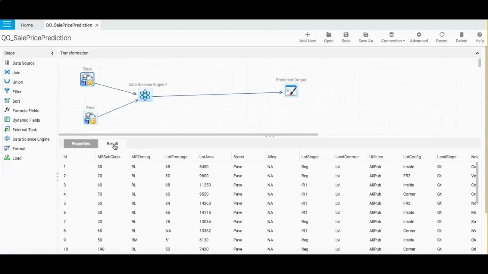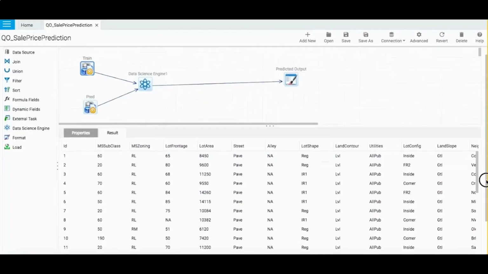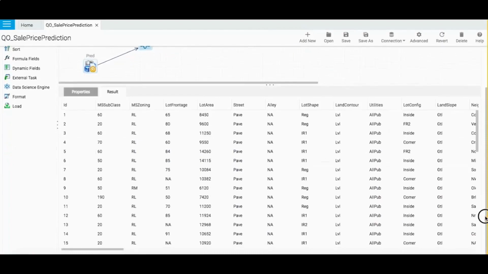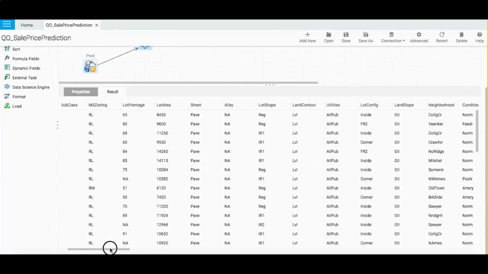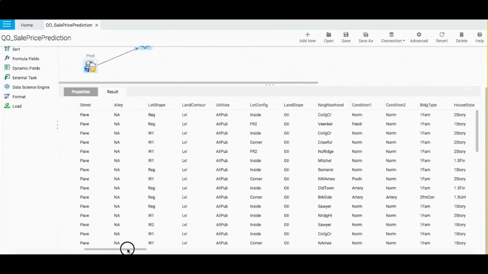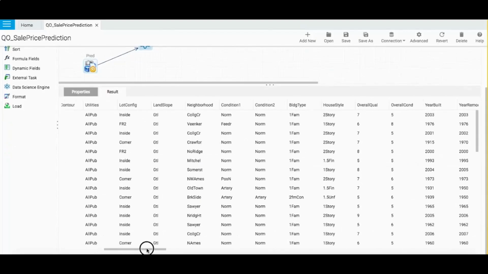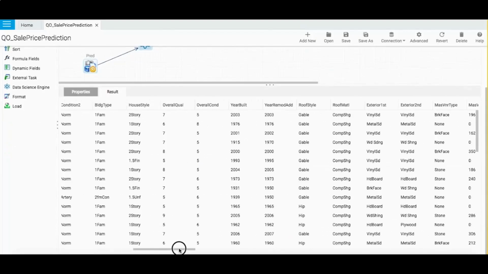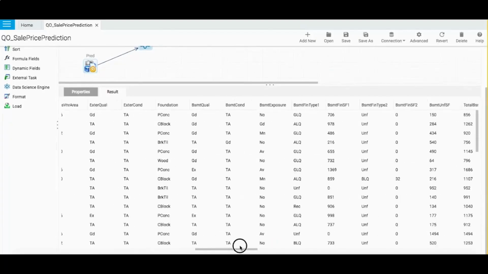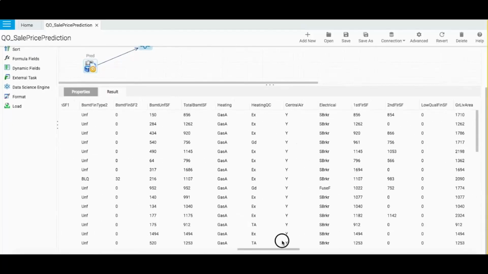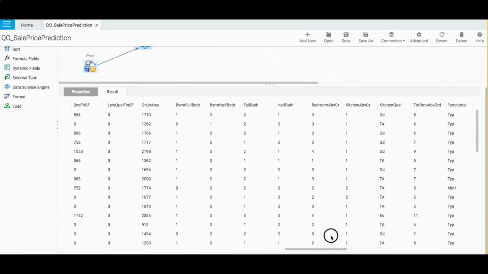So it has the type of construction, street access, alley access, the size, various types of size, roof type, whatnot. All those attributes are there, and we don't know which particular attribute could be causing the important pricing difference and so on. Also at the end, what we have is the year of sale for the past and the price. Just scrolling, there's a huge list of attributes right there.